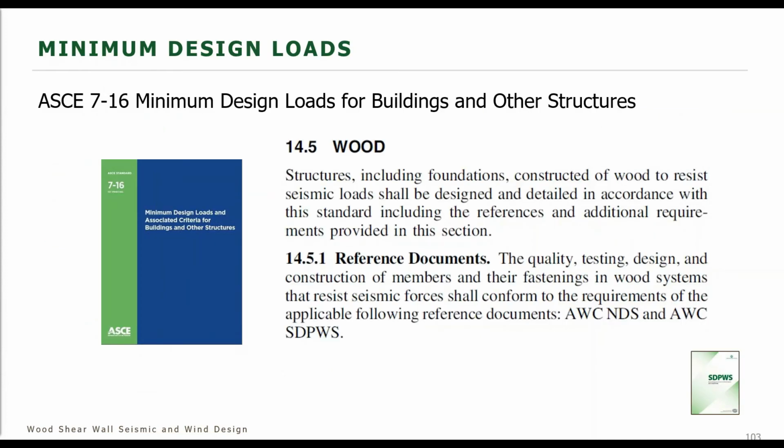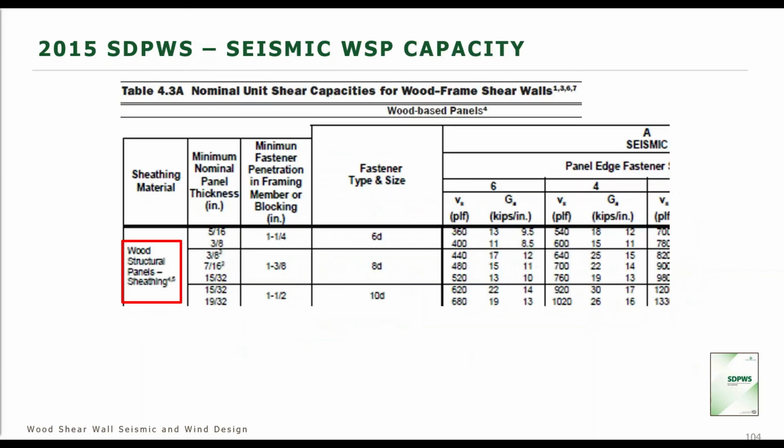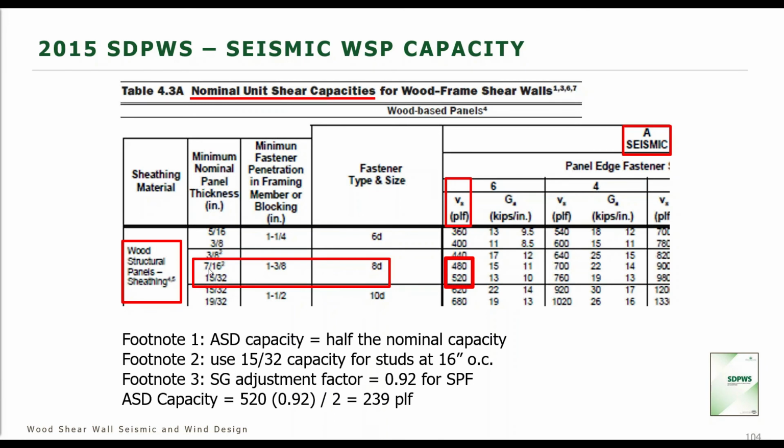As Lori pointed out, the materials chapter in ASCE 7-16 related to wood references the AWC NDS and wind and seismic provisions. So we're going to start off, and this is where we're going to find some efficiencies in our design when we determine our capacity of our shear wall. We have the wood structural panel, and this is a nominal shear wall capacity table. We have 7/16, but we can find some increased efficiencies in our design by taking into account, well, first, this